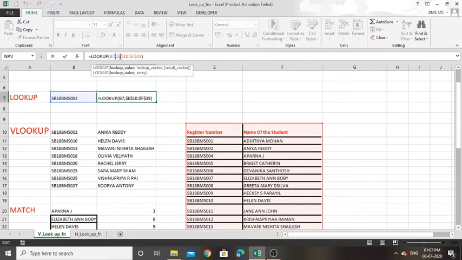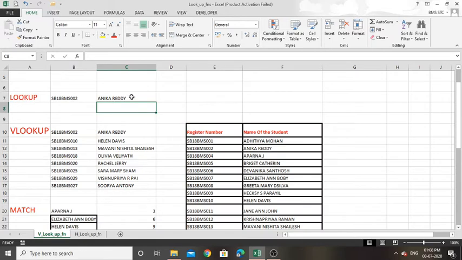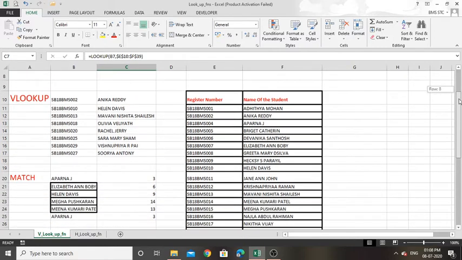That is why I put $E$10:$F$39. So the second argument, the lookup vector argument, should be in absolute reference manner. I just pressed the enter key and I got the name of the student who has the register number SB18BMS002, and it is U Anika Reddy. So this is the simple lookup function.